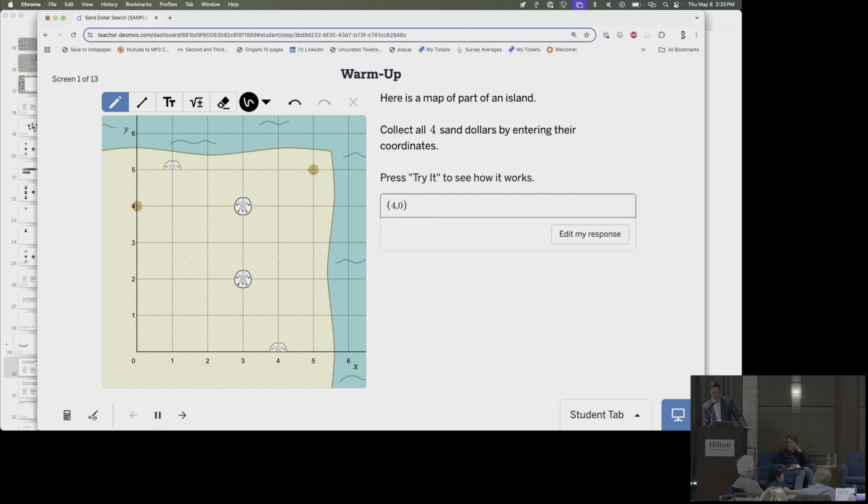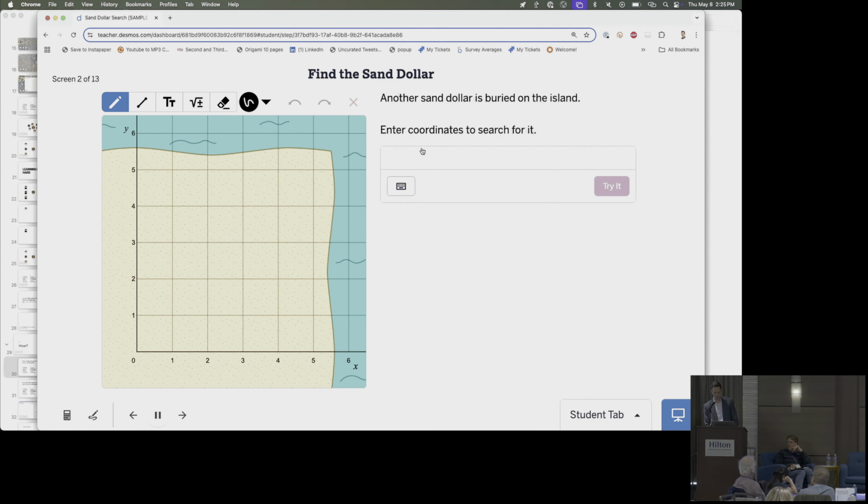One thing that our curriculum, I think, does quite well is foster through these micro worlds and feedback. It awakens thoughts in students they did not realize they had. It invites their thoughts, which winds up being a problem in a moment. Here's our next screen. There's another sand dollar, but we don't see it. I need someone to tell me a coordinate, any coordinate. It will likely be wrong. That's good.